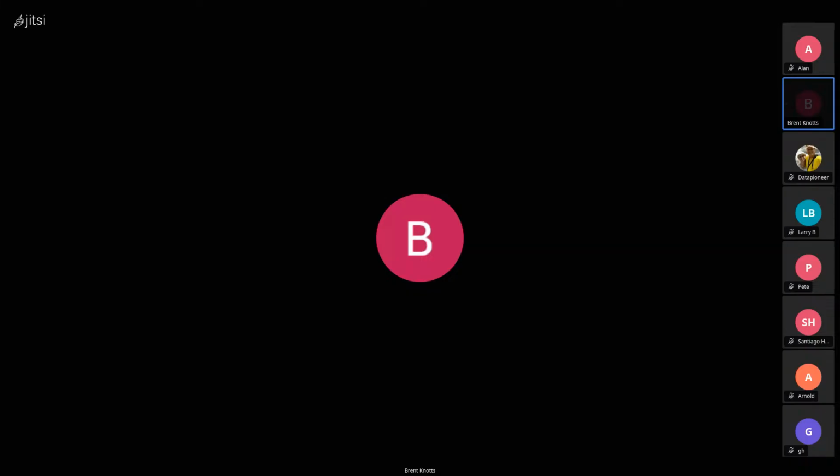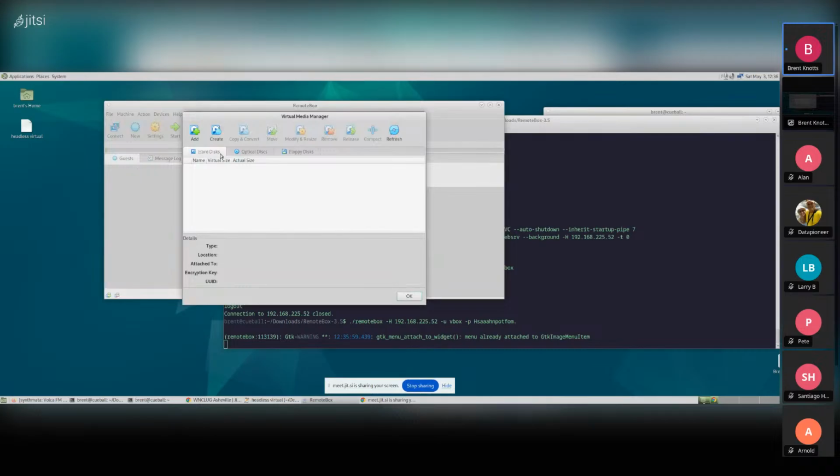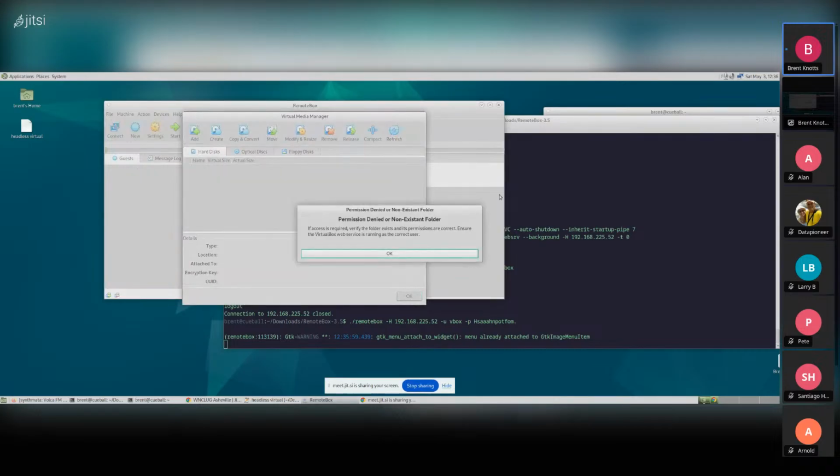Okay, do you see my screen now? Yeah. Okay, when I launch RemoteBox, this is what I get. Now what I'm trying to do is go to File, Virtual Media Manager. I'm trying to add stuff here, but it says verify the folder existence, permissions, ensure the VirtualBox web service is